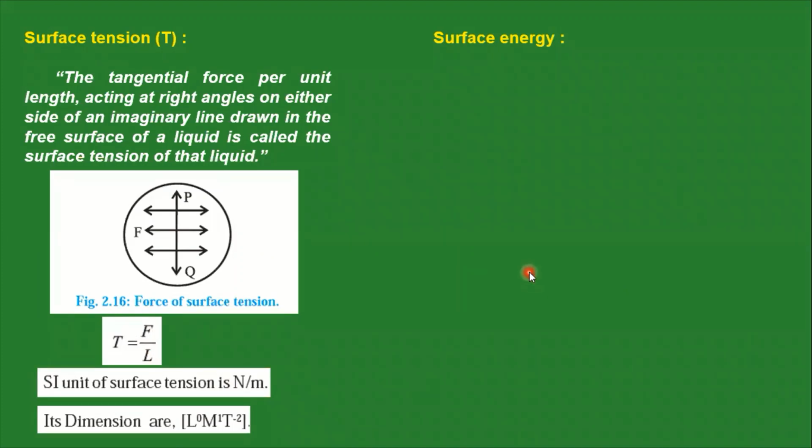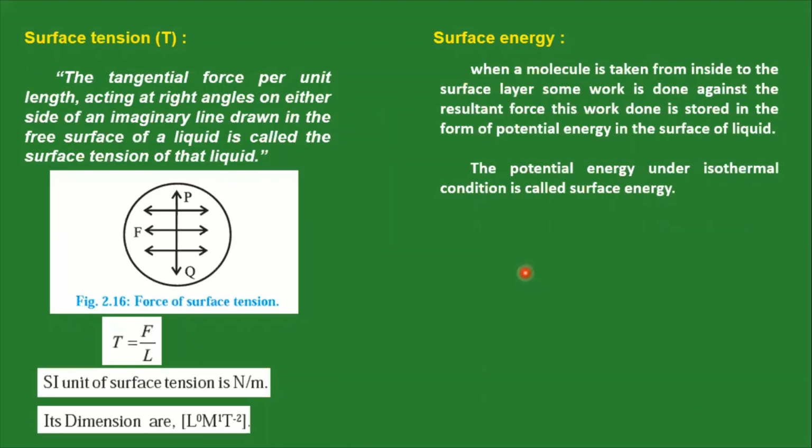Now next article is surface energy. So what is surface energy? When a molecule is taken from inside to the surface layer, some work is done. Pay attention when we are considering a beaker. In a previous article, molecular theory, we considered some molecules. So when we are taking a molecule from inside to the surface layer, inside to upper layer, some work is done